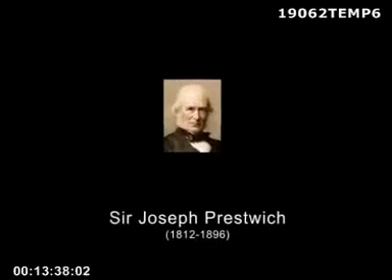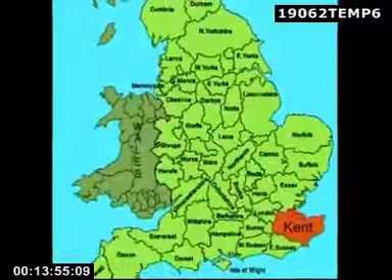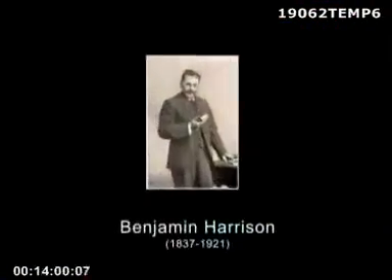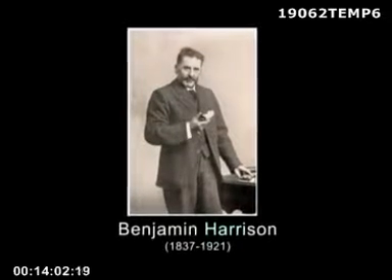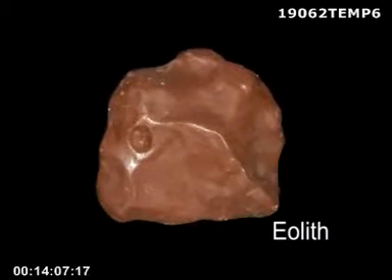And in 1891, Prestwich published an account of some crudely shaped flints, looking like simple tools, which had been found in patches of the pre-glacial plateau drift on the North Downs of Kent by an amateur archaeologist, Benjamin Harrison of Ightham. They became known as eoliths, since it was suggested that they were the earliest recognizable implements and represented the